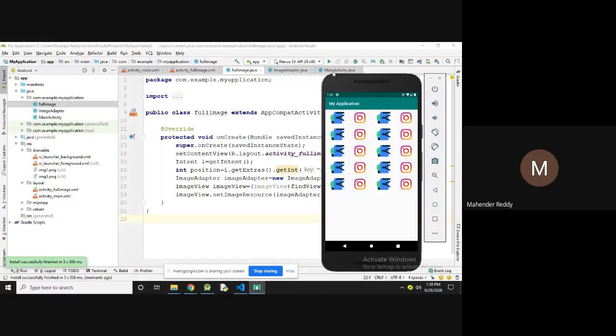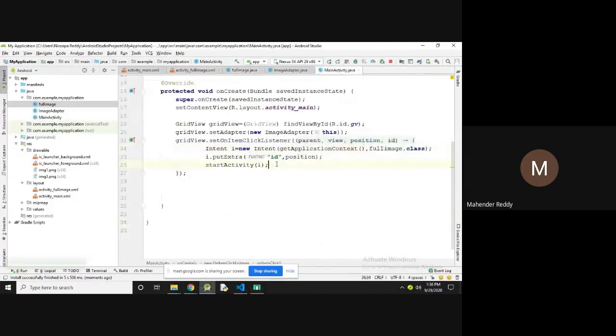If you want to get the position of the image, then you have to write the toast message here.